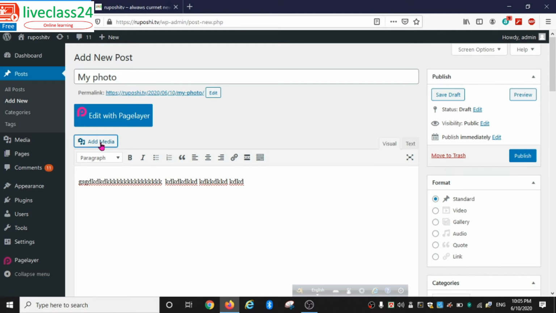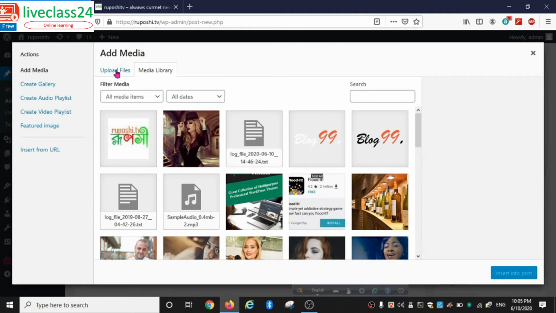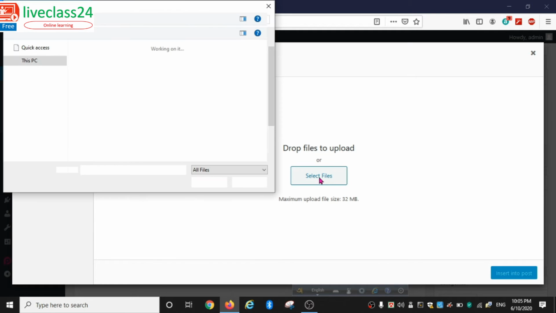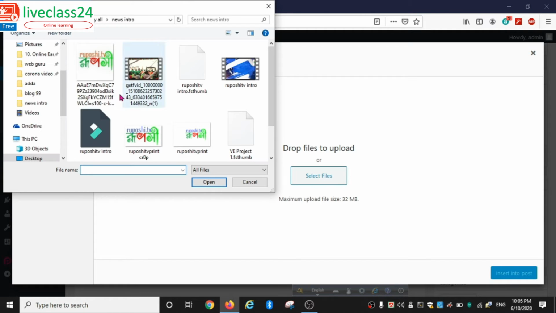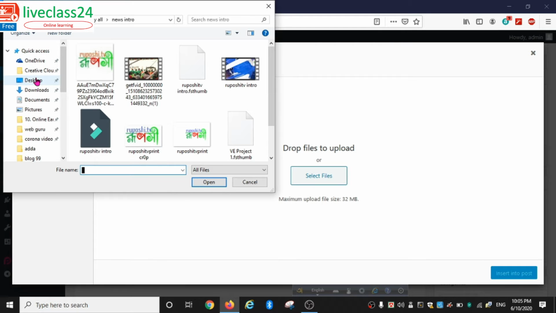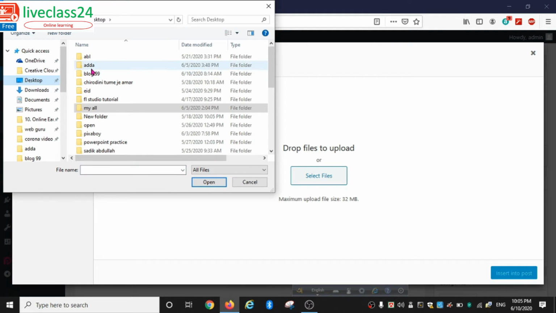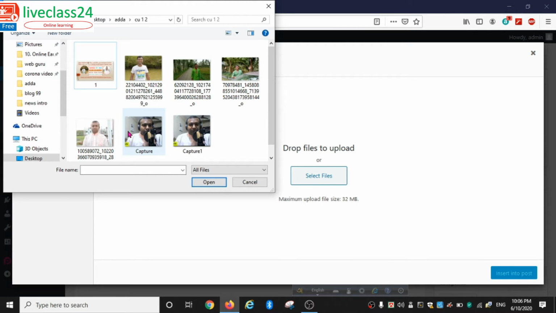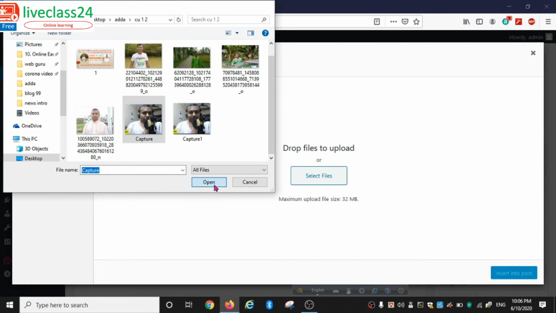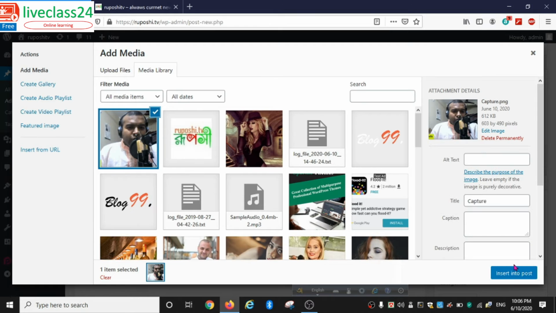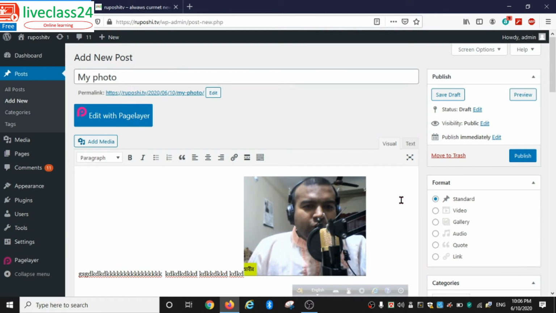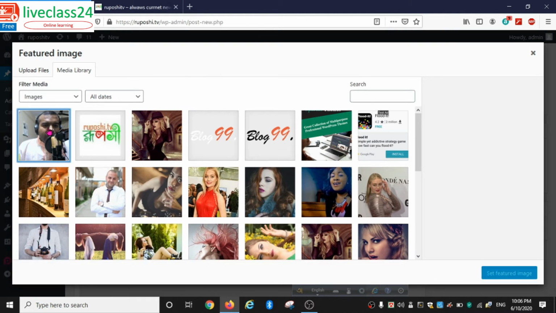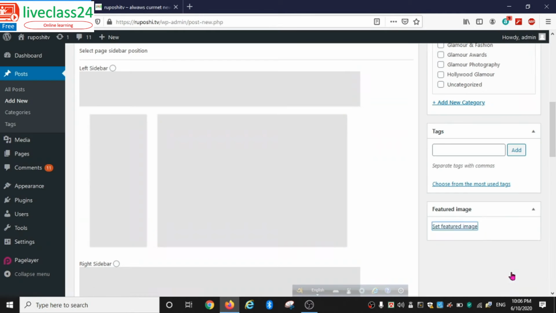To add an image, click on Add Media, then click Upload Files, click Select Files, go to the computer, your folder, desktop. Insert into post, again set featured image, click on image, set featured image,